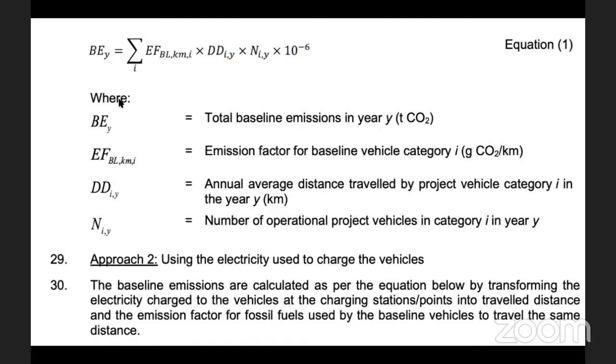で、まずはこの中で BE ですね、Total Baseline Emission in Year、トータルの、実際のエミッション、排出量がどうなって計算するかで EF ということで、Emission Factor for Baseline Vehicle Category でグラム CO2、1キロあたりの CO2 がどのくらい出るかというところの、すべての足し算という、和っていうところですね。で、DD っていうのが Annual Average Distance Traveled by Project Vehicle Category っていうことで何キロ走ったか、まさに CO2 出すためには、この1キロあたりの CO2 が出ているので、これにキロメートルをかけていくと。で、N ですね。Number of Operational Project Vehicle in Category ということで、台数を後をかけていくと。